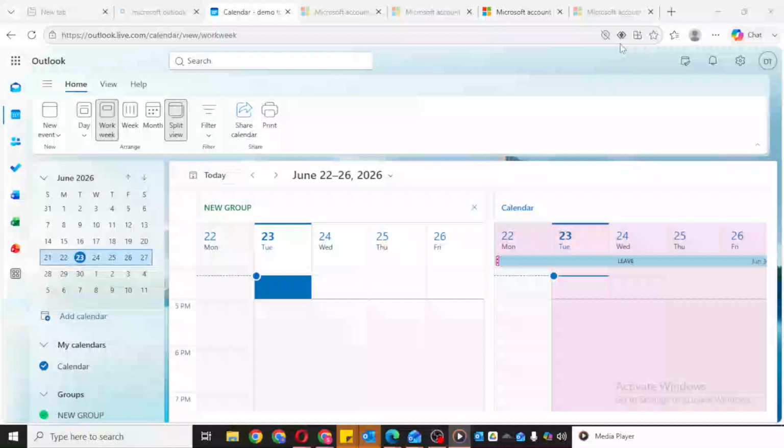In today's video, I'm going to teach you how to organize Outlook email with folders and auto rules. If your inbox is starting to feel cluttered, using folders and rules in Outlook is one of the easiest ways to stay organized without having to sort every message manually. Once a rule is set up, Outlook can automatically move similar emails into the folder you choose, which saves time and helps you keep important messages easy to find.